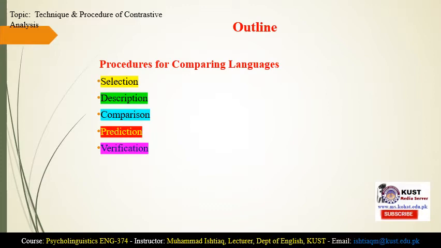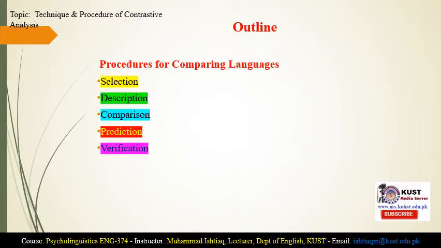or 5 major procedures. The first one is selection of a particular target language and native language, the two languages between which the comparison should be made. And number 2, description, a thorough and detailed description of the formal, distributional and functional properties of the two